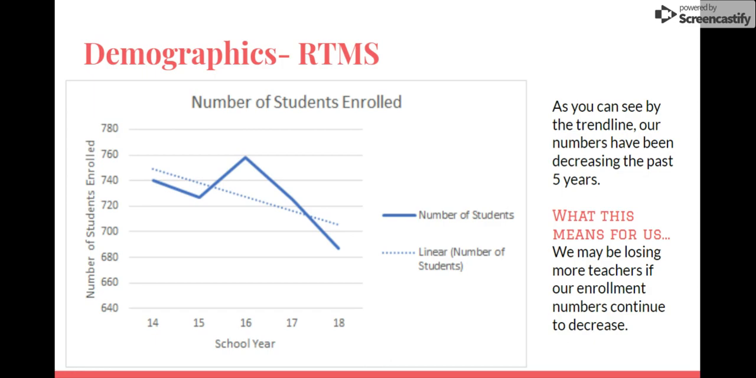Our number of students enrolled has been decreasing over the past 5 years. So what this means for us is we may be losing more teachers if enrollment continues to decrease. So you can see from 2014 to this past year, 2018, that our numbers have gone down. We did see a spike in 2016, but our FTE numbers for 2018 were significantly lower than the past couple